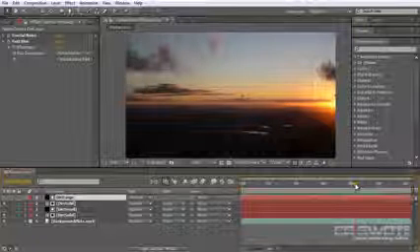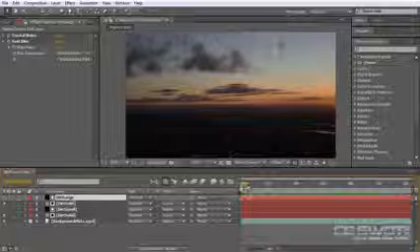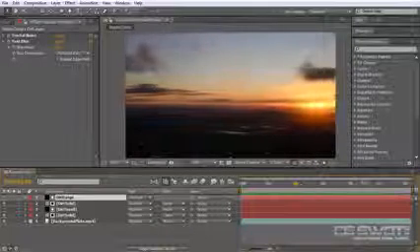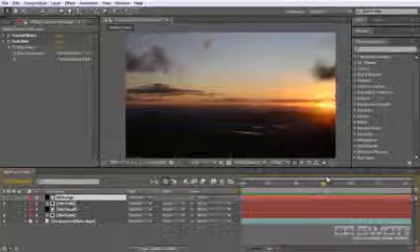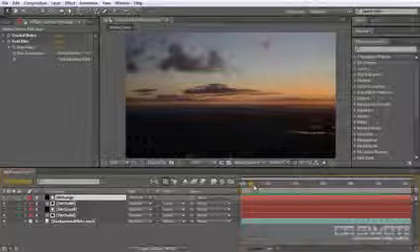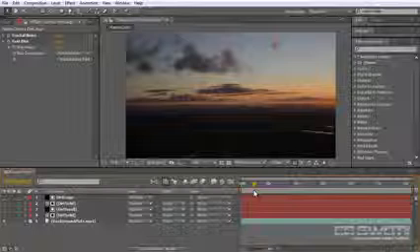So we're going to emphasize this with a lens flare as well. And I thought, while we're here, I might as well show you a little trick to animating a lens flare, or animating an object that is off screen. And this is a method I use quite a lot. So the first thing I'm going to do is just hide my 2 dirt layers,